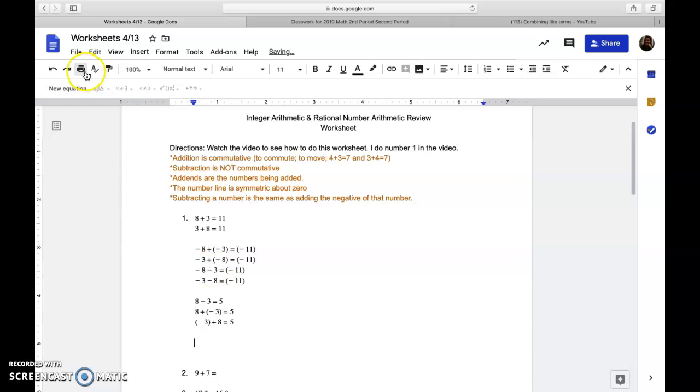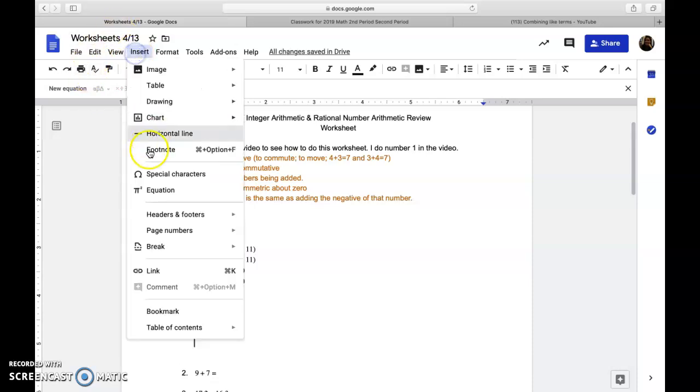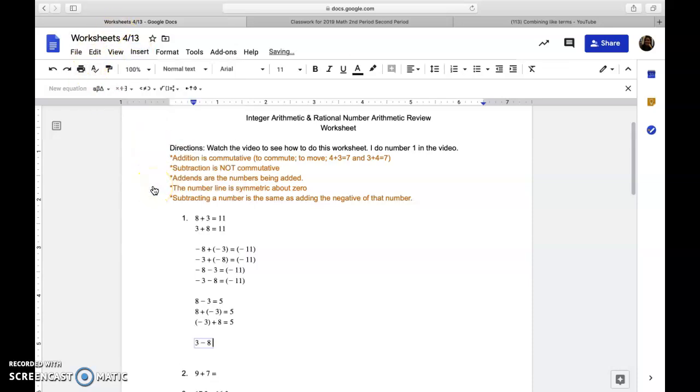And now I'm going to do the other subtraction problem. 3 minus 8. Subtraction is not commutative. So 8 minus 3 is not the same as 3 minus 8. 3 minus 8 is going to be negative 5. It's going to be the negative of this answer, right? If the smaller number comes first, then your answer is going to be negative because of the way subtraction